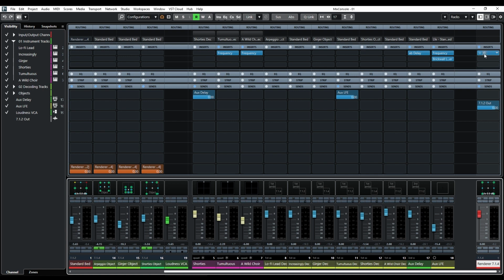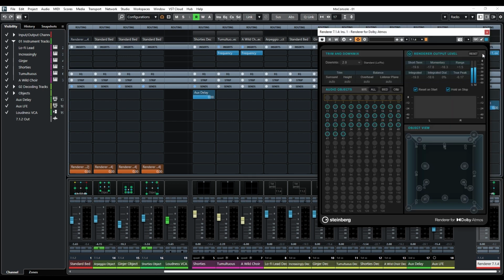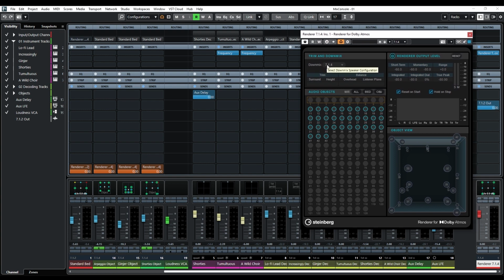On my renderer track, because this video is made for YouTube and is in stereo, I have downmixed this to stereo so that you can hear properly. Because if I were using my 7.1.4, you would be listening just to the front left and right, and you would be missing all the information that is going all around. So the cool thing about the renderer for Dolby Atmos is that you can downmix your mix to different channel configurations so that you can be sure that before exporting your track, it will sound right using different surround formats. So if I press play right now,